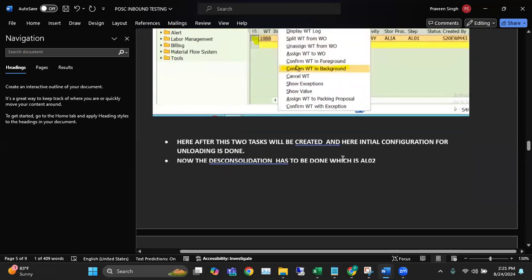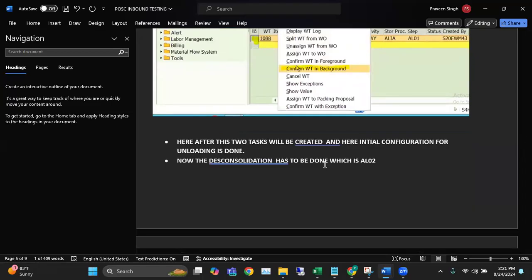After it is done, two tasks will be created for the initial configuration when the unloading is done. Because in the POSC, we are following the standard process. First, the unloading has to be done. Second, the deconsolidation has to be done. And third, the put away has to apply, where the goods are going to move from the activity area to the